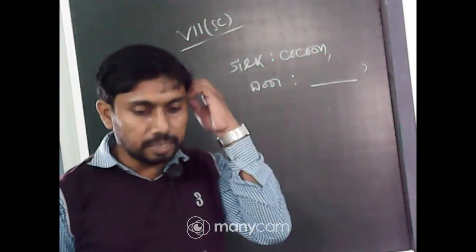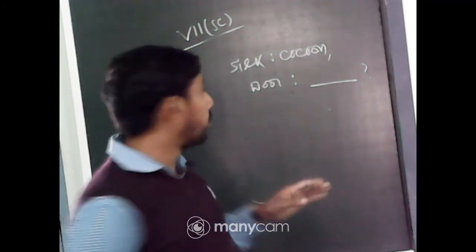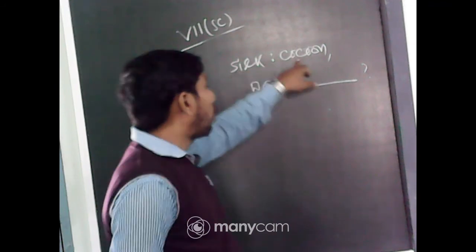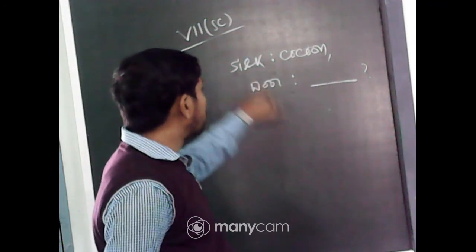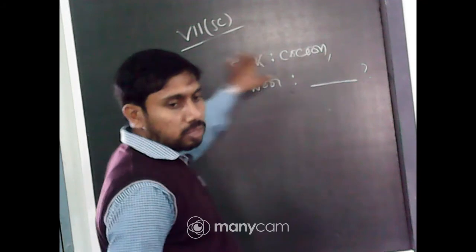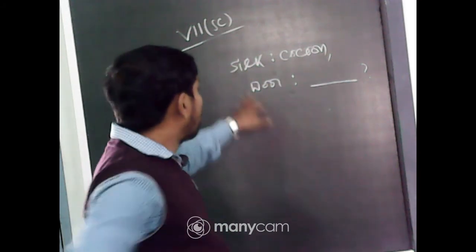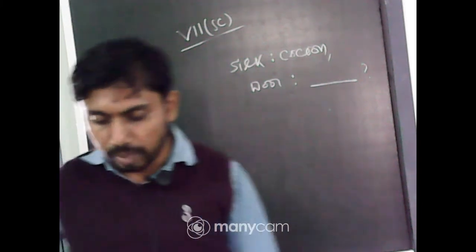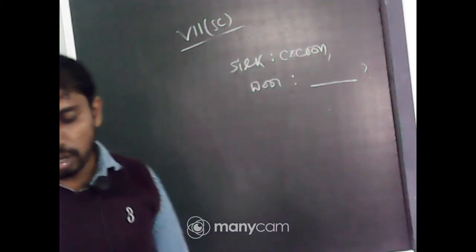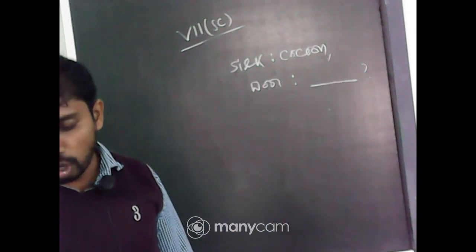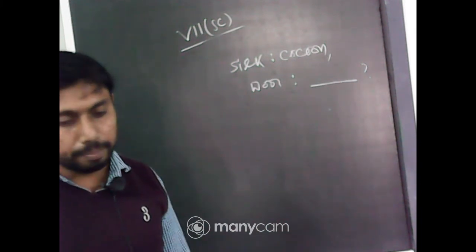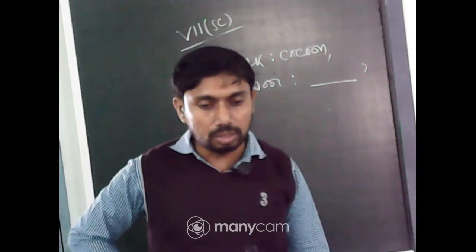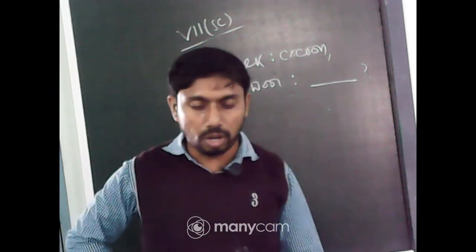Fleece of sheep, yes. Okay, so I am writing here silk is to cocoon, that is silk is obtained from cocoon. So from here you will correlate the words. Now wool is obtained from, out of these four options, which one will be correct? That is hair of rabbit, cotton plant, fleece of sheep, jute of hemp. Yes, Bosudhara, Aditya, Aniruddha, Annesha, all are correct, fleece of sheep.